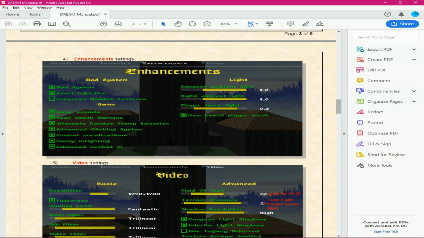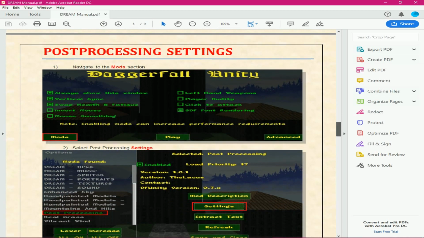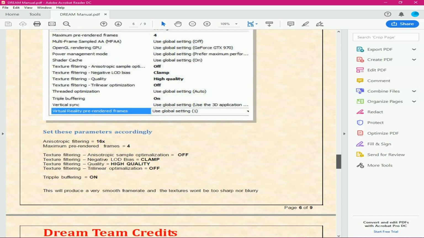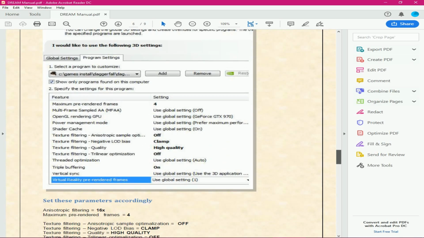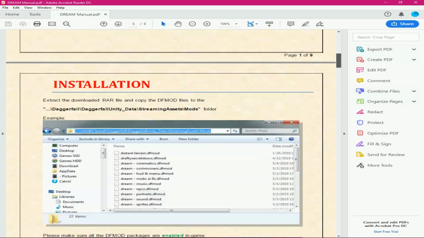As you can see, there's a bunch of added settings that they did. Post-processing was added. I don't even know about this. Pre-rendered frames, don't know about. Never even noticed that. All right, so anyway,